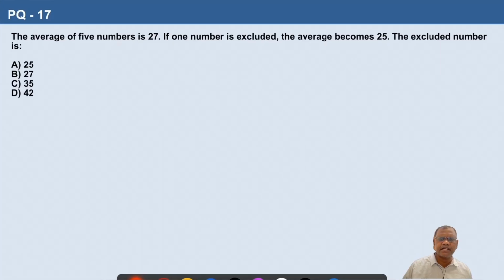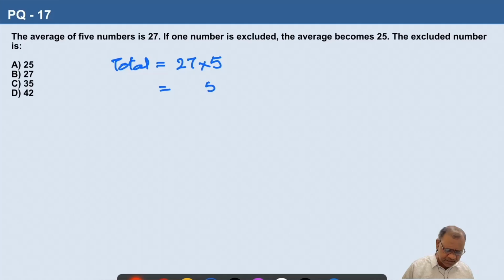Question number 17. The average of 5 numbers is 27. If one number is excluded, the average becomes 25. The excluded number is what? The average of 5 numbers is 27. So, total of 5 numbers is 27 into 5. So, 27 into 5 is